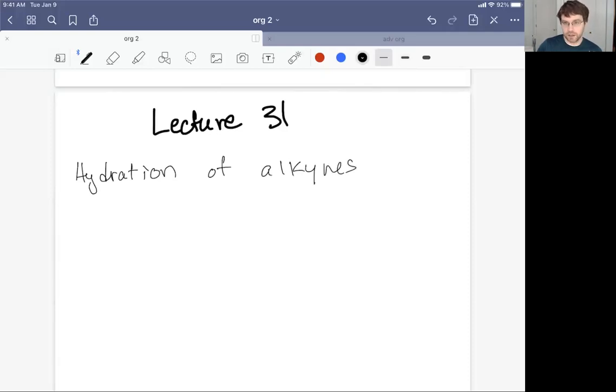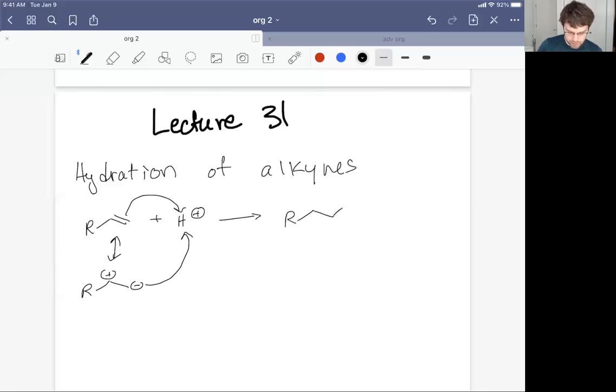So in a typical alkene reaction, if we had some R group on our alkene, we would add H plus followed by H2O. What that mechanism looked like was, we could have the pi bond directly attack, or we could consider a resonance structure of the pi bond that put electrons at the less substituted position. In either case, we would prefer adding the acidic hydrogen to the less substituted position so that the nucleophile, in this case water,